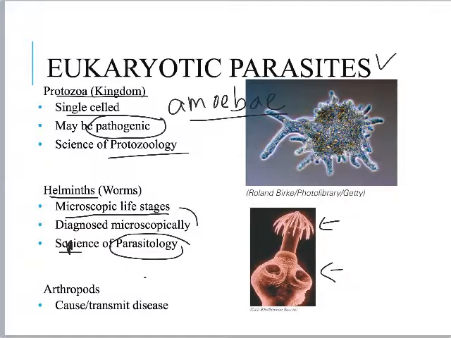Okay, now arthropods. Arthropods are insects. Okay, and insects are important in microbiology because that's how we can transmit disease or move things around. And I know if you guys think about it, you can come up with some examples of diseases that are transmitted by insects. So things like malaria and mosquitoes, or, let's see, Lyme disease and ticks, Zika. I mean, you can think of a lot of examples.